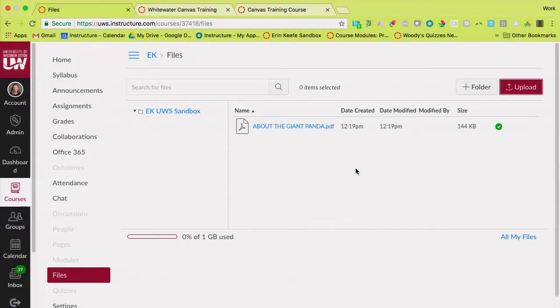So when you make a copy of this course into another semester, you're teaching it again, your files will go with it. I can use this file now when I'm building things. So if I'm building a page, I'm going to be able to use it because it's going to be a part of when I open up my rich content editor. I'll have my files that are living in my right-hand side. And I'm going to show you that in just a second when we go to build the page.